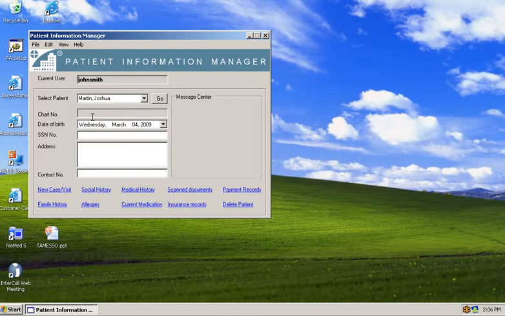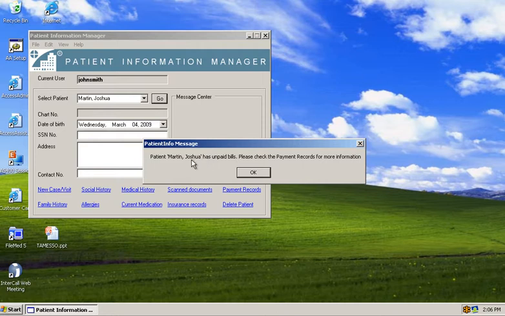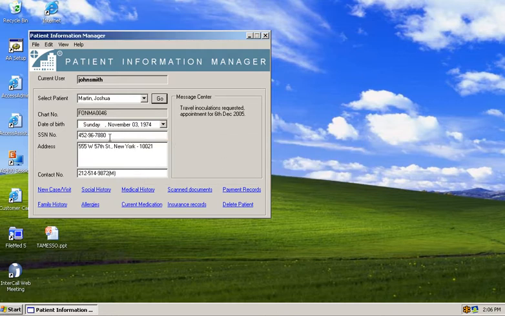For example, if he clicks onto Martin Joshua as a patient, oh, he gets information that he hasn't paid bills. When he clicks on it, he can get to see the social security number of Martin Joshua. But this application internally doesn't have the controls to limit who can see this. So for example, if we switch back to Jane,